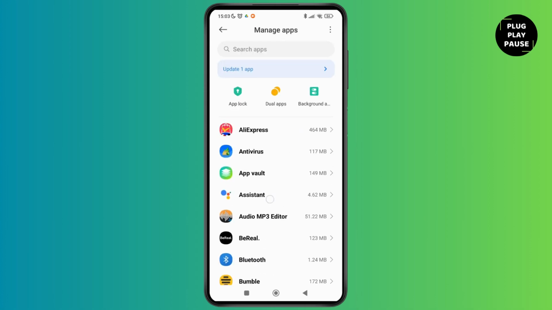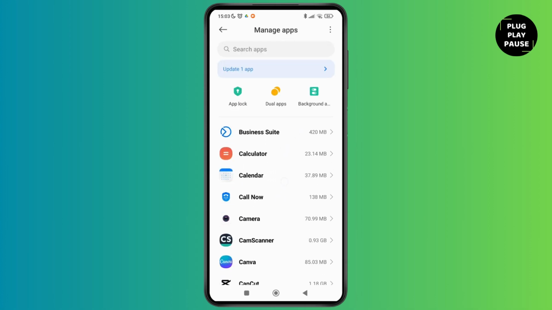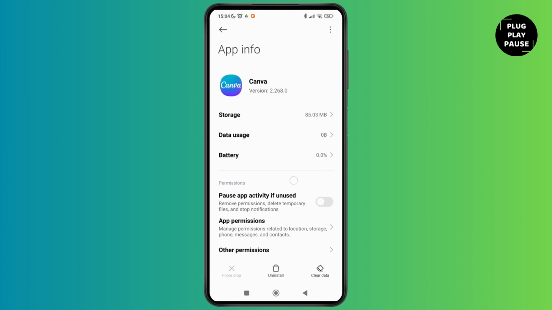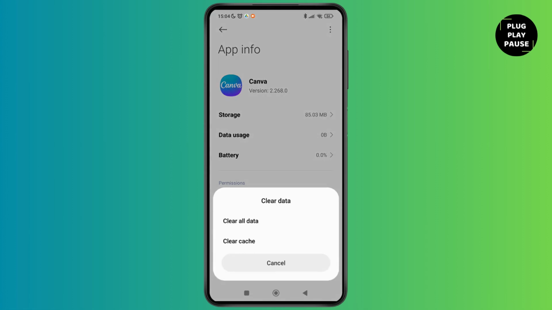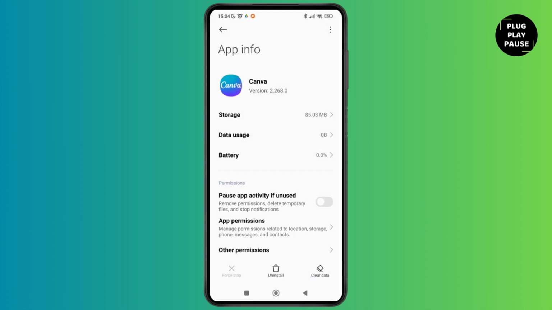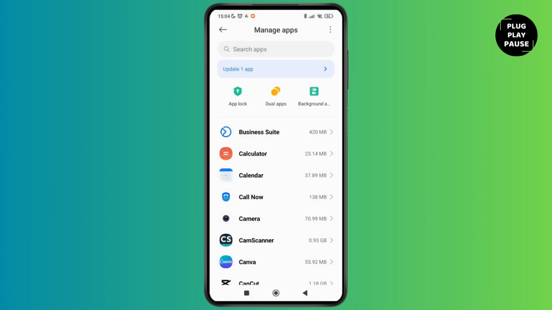For example, I'm just going to show you over here. I'm going to show you with the Canva application. Then here you can see the option of clear data at the bottom right corner of the screen. Tap on that. Here you can see the clear cache, then tap on OK, and this way you can clear the cache of this application, and you can choose all the individual apps and you can select to clear cache